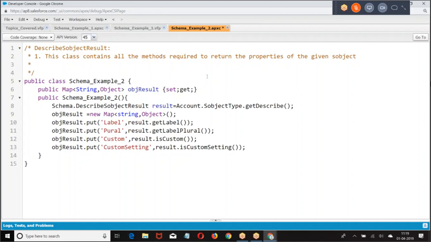Now all these methods are going to return you the properties. Get label gives the label name of the object. Get plural. isCustom returns true if the object is a custom object.